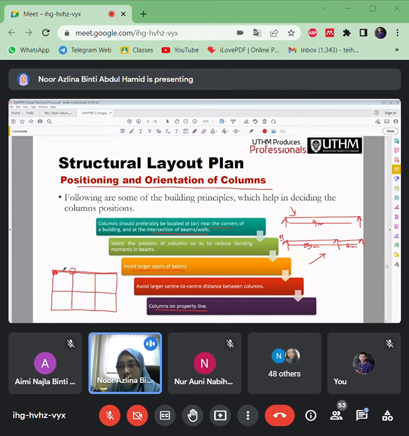The column still carry all the load from the beam as long as it cross each other. Tapi tak well arranged lah. So yang sini kat sini pula. So make sure that all of the corner inner lines are arranged well, right? So that's actually your decisions. How good you are, how clever you are, how experienced you are. So it is based on what you can produce, okay, with your designs.